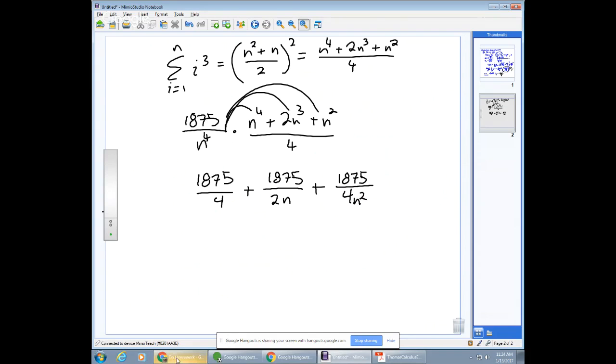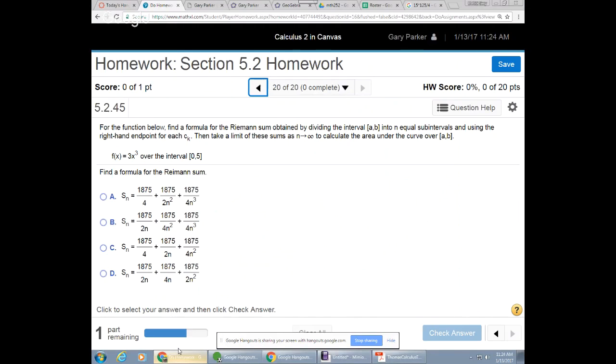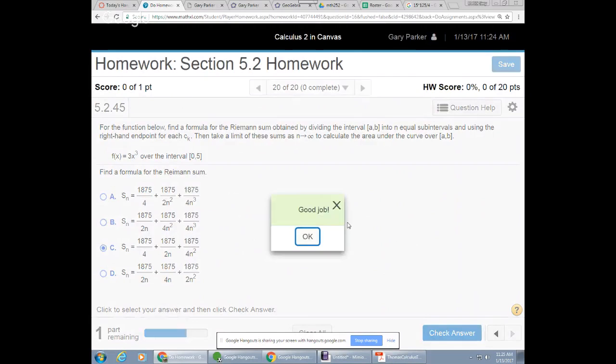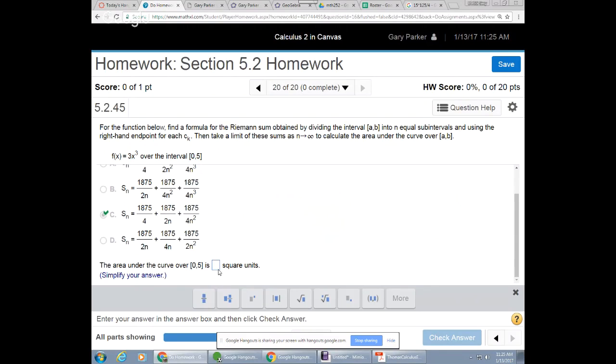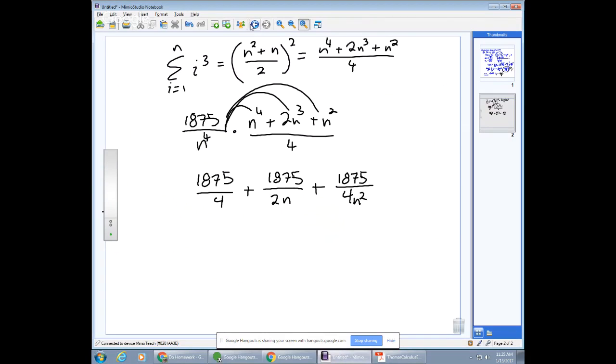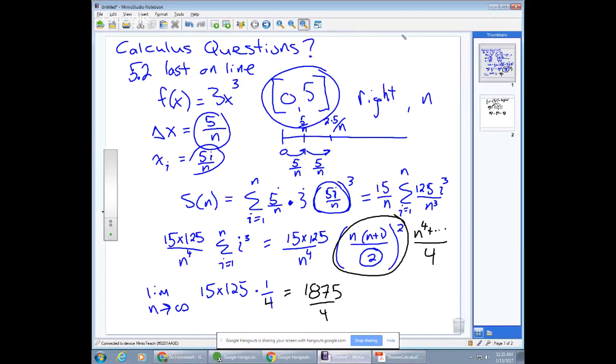And that sounds like what Darren said it was. Yep, C is the correct answer. And check. Good job, Darren. Thank you. And then they actually want us to, what? I know, good job. And then they want us to enter a value for what we found in the limit. And so we had jumped straight to that earlier. And that was